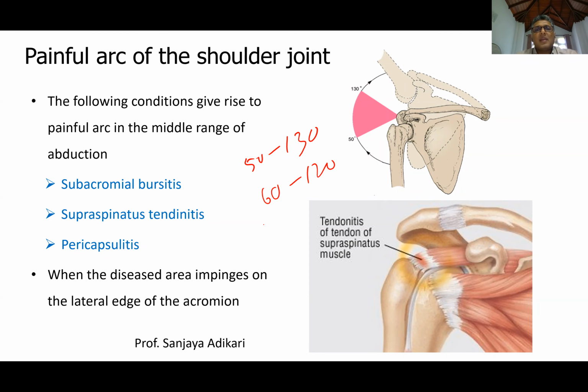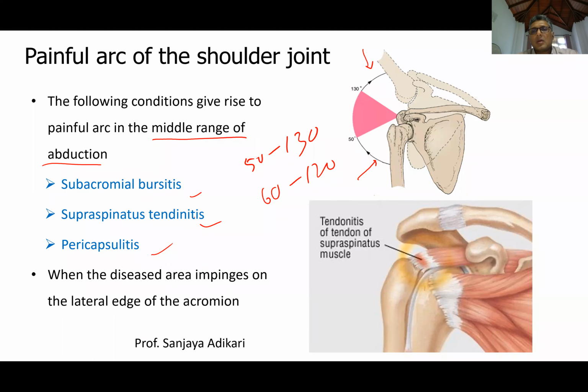Whatever it is, what you need to remember is that it is the middle range of abduction, not the initial part or the latter part of abduction. The painful arc occurs due to either subacromial bursitis, supraspinatus tendinitis, or